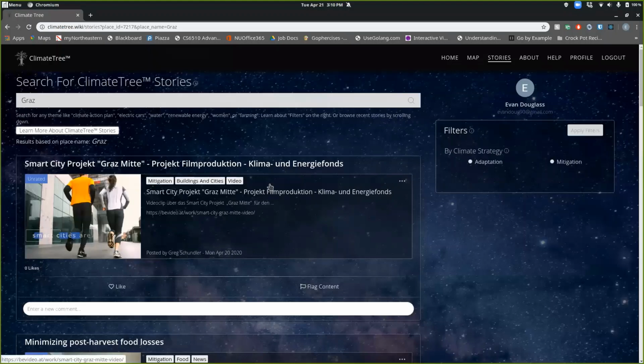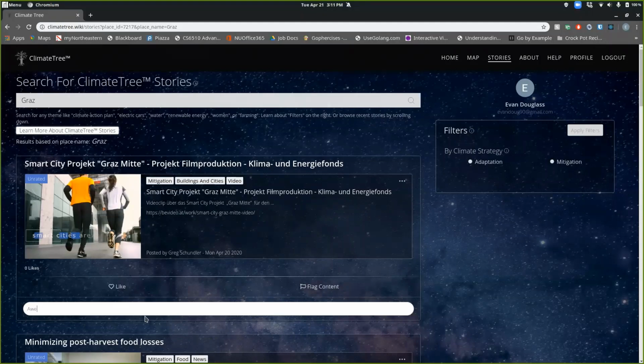All right, so this will take us to our primary stories page. This will look somewhat similar in terms of these little cards that have the story information in them, but you will notice some differences here. So on this page, we kind of have a social aspect to it. So you can like stories, you can remove your like if you want. If the content is something that you feel is not appropriate for some reason, you can flag a story. And you can also enter comments.